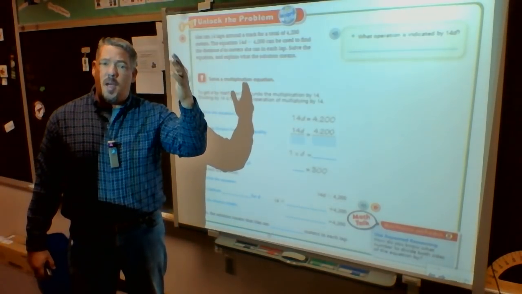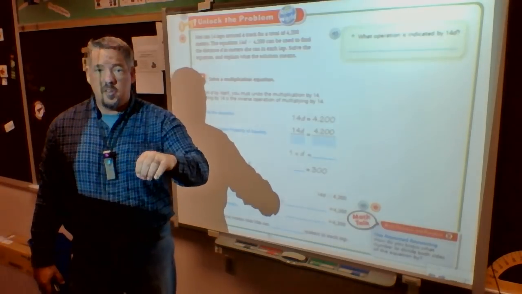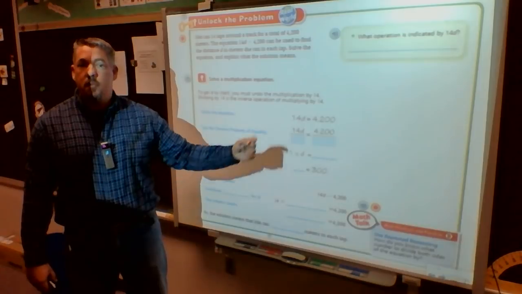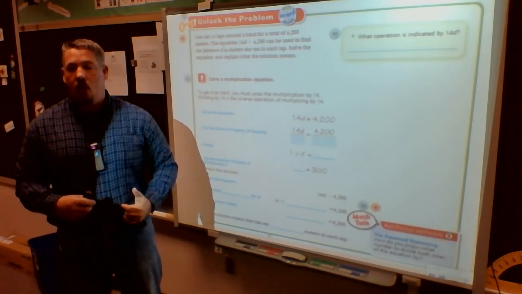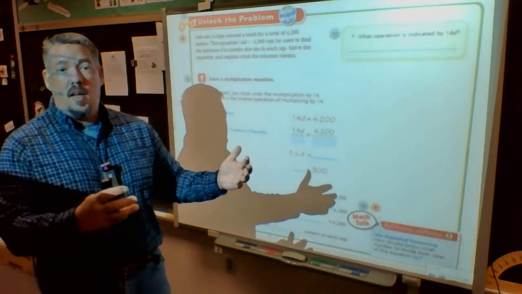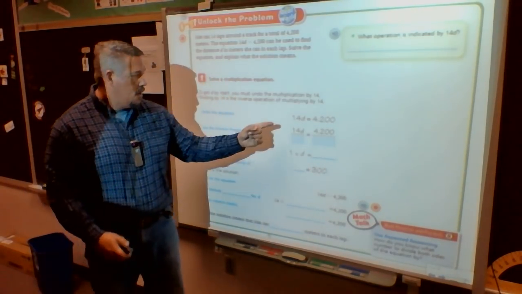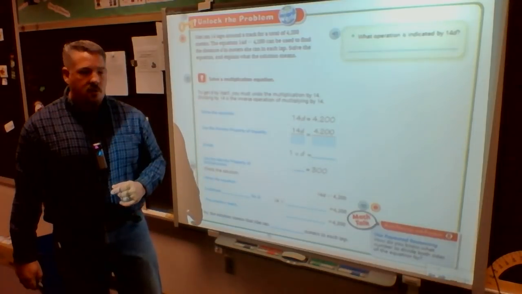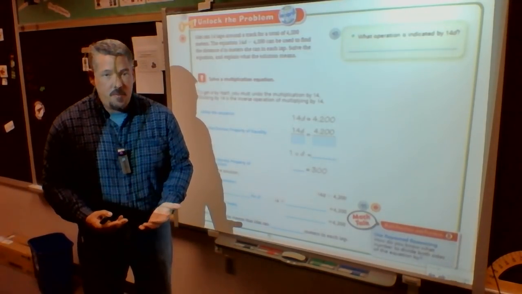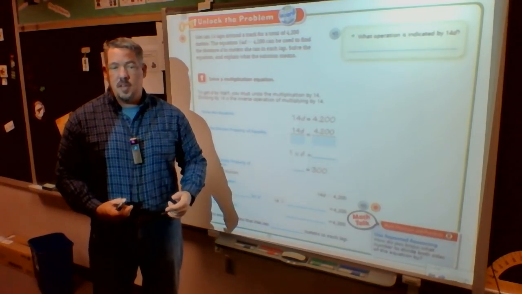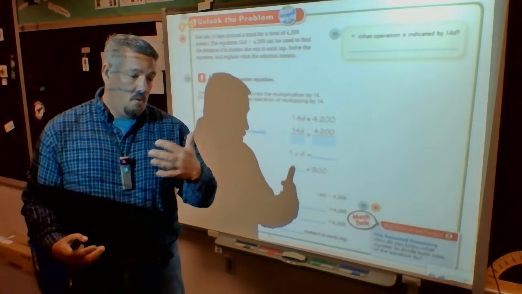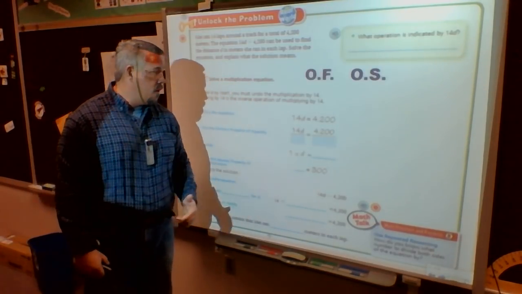I have to know in my head that a coefficient, a number, with a variable, a letter, tells me that I'm multiplying. Definition of a coefficient, a number being multiplied by a variable. A variable is just a letter inside of a math problem. I know that that's going to be equal to 4,200. So that's when I have to know what the inverse, big fancy word, of multiplication is. I don't use the word inverse, do I? I use the word, well, what's the opposite? Well, if it's multiplication, I know I'm going to divide.